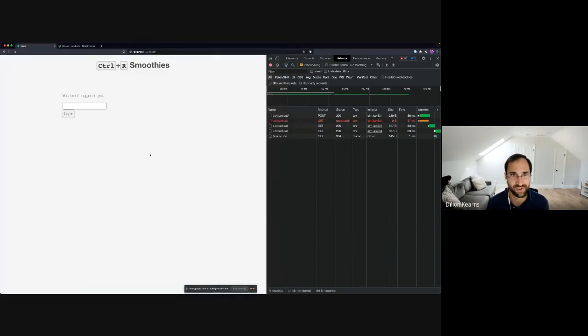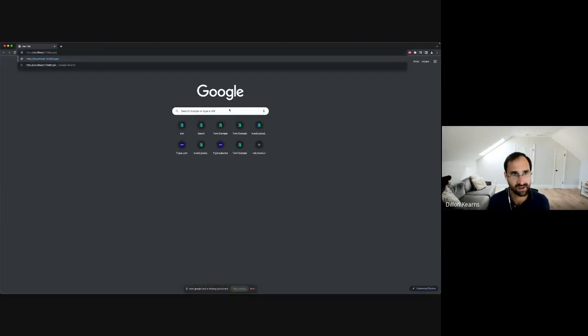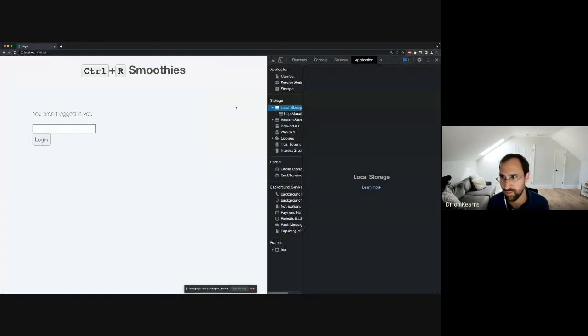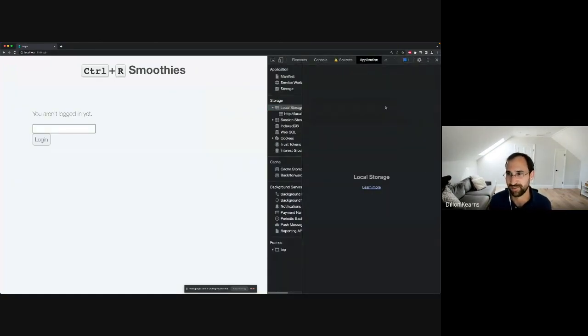George is asking, would this work without any JS? Let's give it a try. Sometimes Brave doesn't disable JS properly for some reason. So let's try that in Chrome. So disable JavaScript. And if we look at the network tab,